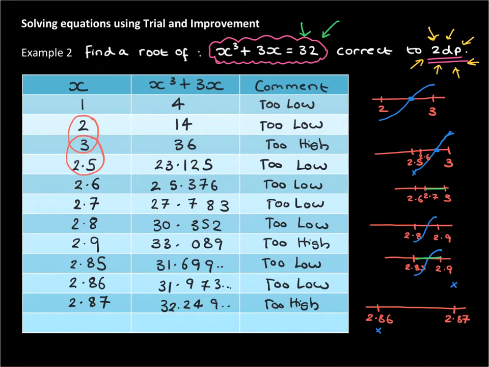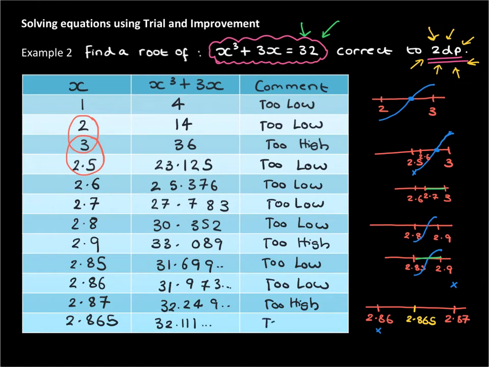So the answer lies in between 2.86 and 2.87, and it's going to round to 2 decimal places to either 2.86 or 2.87, but which? How do I know? I choose a value in between them, and the value to pick is 2.865, exactly halfway between them. So 2.865. If we input that into our calculator, gives us